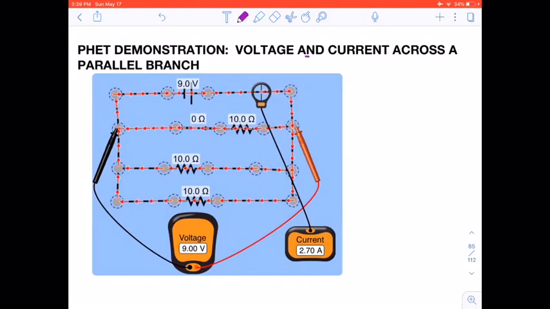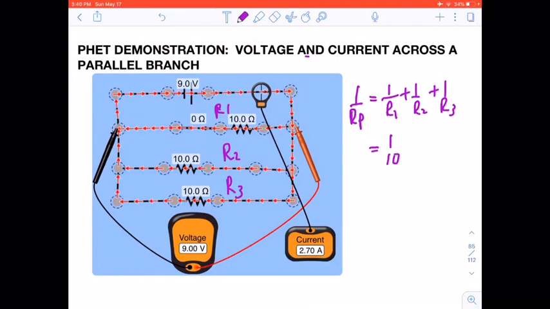In this parallel branch, our equivalent resistance is equal to, let's call these R1, R2 and R3, which means 1 upon R1 plus 1 upon R2 plus 1 upon R3, which will then be equal to